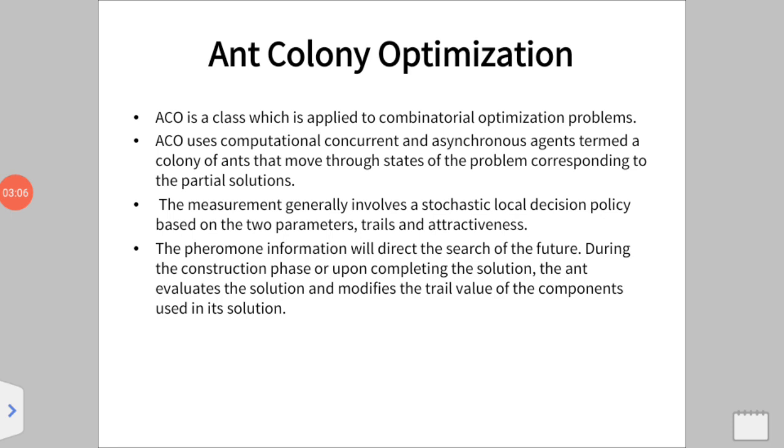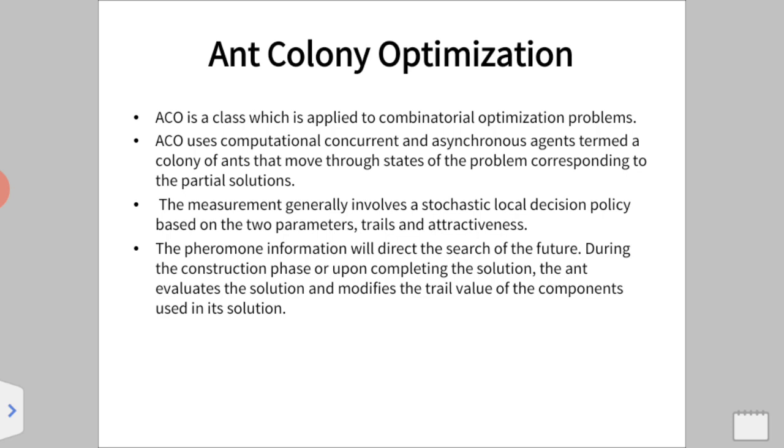Next is ant colony optimization. It uses the ant colony optimization class, called ACO, to solve optimization problems. This is a very essential algorithm, because it combines prior information about the structure of a promising solution with whatever present information is there, to form a good solution. So it is used in this type of algorithm.